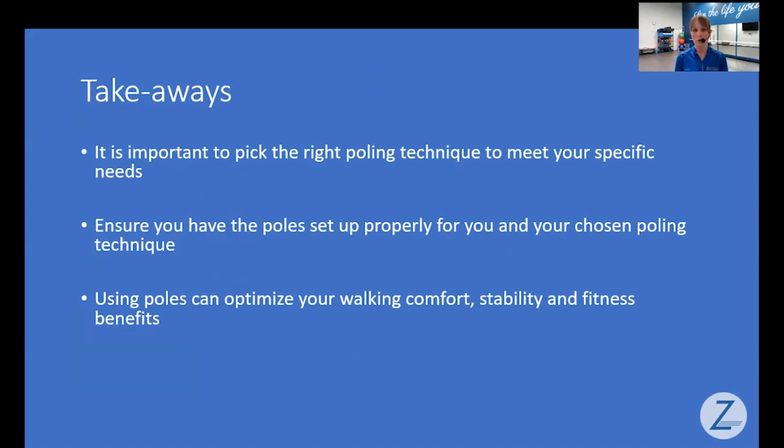It's also important to make sure that you have the poles set up properly for you, and that you're using the proper technique with whichever of the options you've selected. And then remember that using poles can really optimize your walking comfort, stability, and fitness, and your confidence with walking. And that's ideal in terms of just feeling motivated to get out there and, like I say, enjoy the benefits